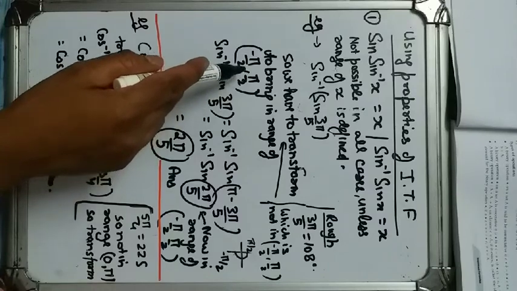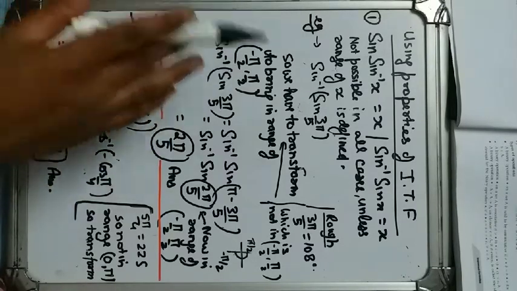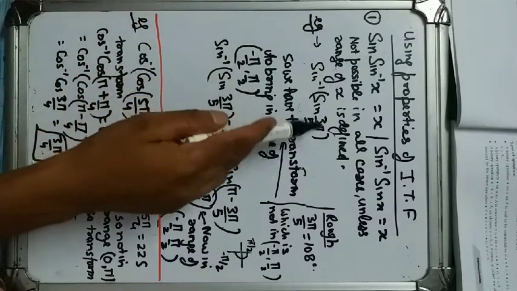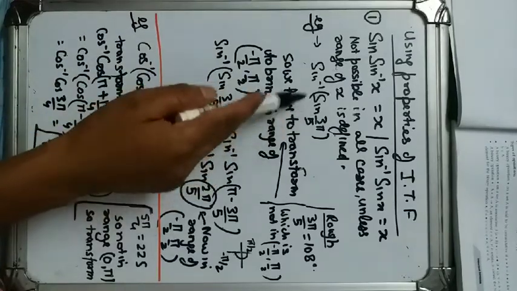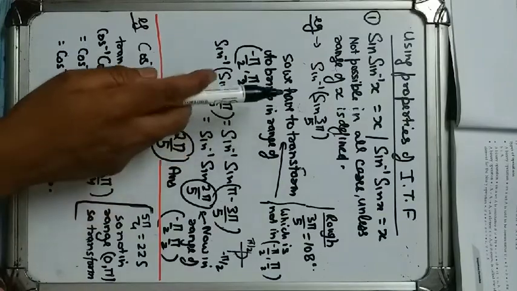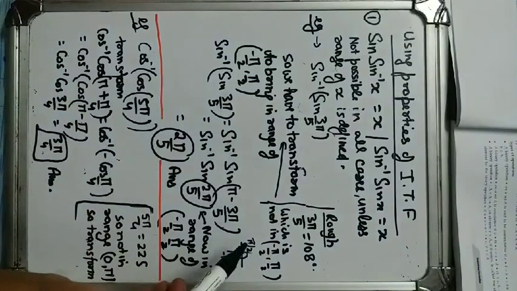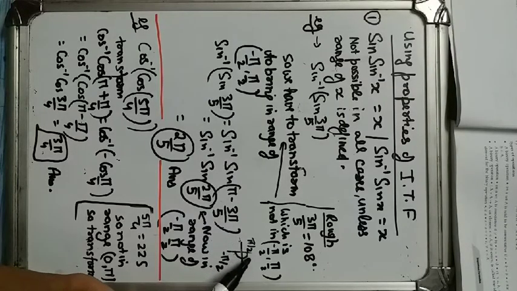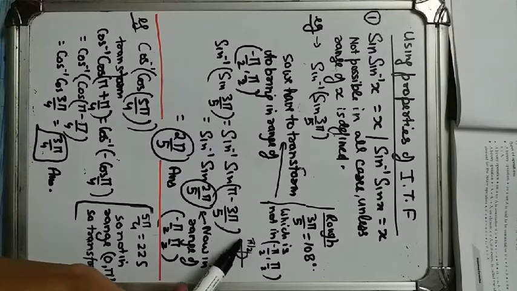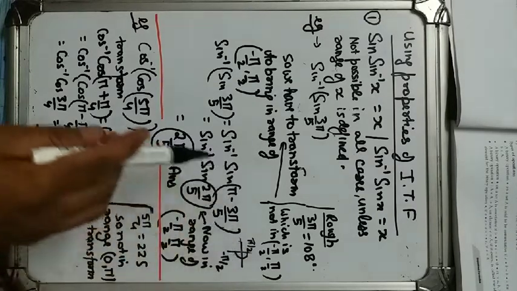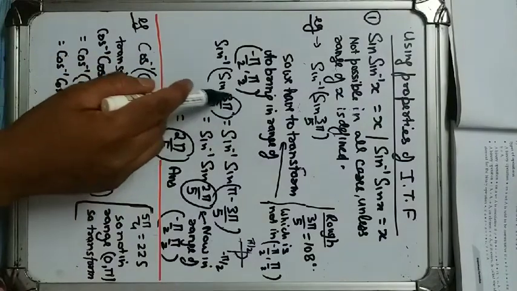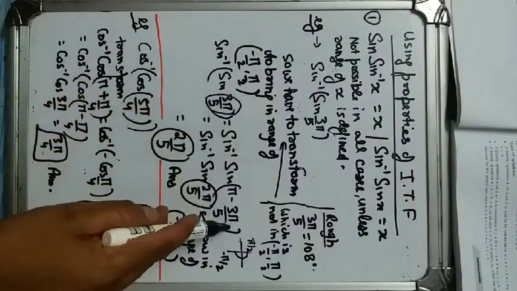So how to transform? Just pi minus theta or pi plus theta, we have to transform this value without changing the sign. We know that sine is positive in the second quadrant, so in the second quadrant it should be pi minus theta. In the third quadrant we have to bring it to pi plus theta. This is minus theta and this is theta. So to bring it in the second quadrant it should be pi minus theta. So we have to convert this value in the form of pi minus theta.